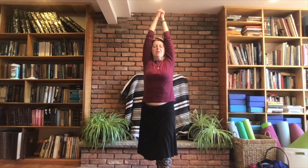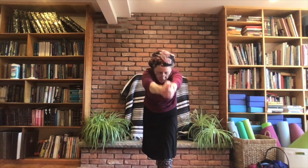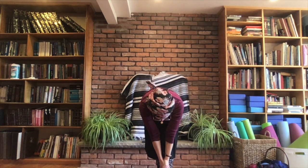Let's do it on the other side. So, lifting up my left leg, stepping it forward, arms are coming up, interlocking those fingers, reaching up and back, little back bend, coming forward, coming forward, coming forward, dropping those hands down towards the leg,